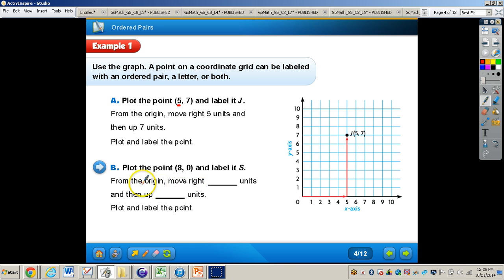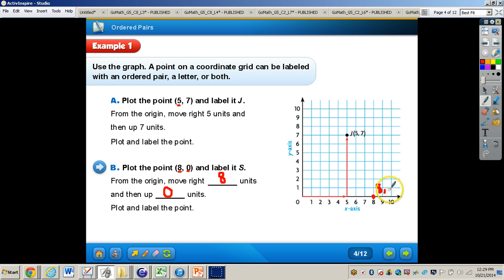Now for letter B, it says plot point 8, 0 and label it S. Okay, so from the origin, we need to move right 8 units because this represents the x-axis. And then we move up, actually 0 units because the y-axis is labeled 0. And then we can plot our point right here. So we moved up 0 units. We plotted our point right there, and we're going to label it